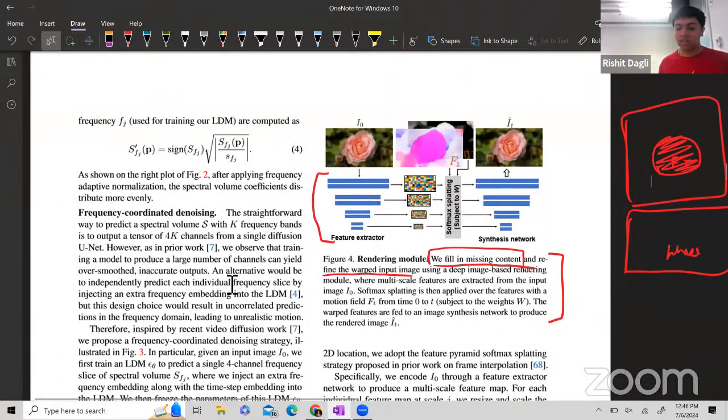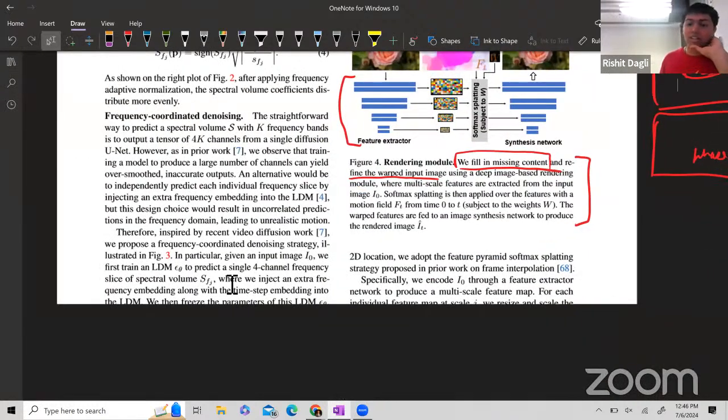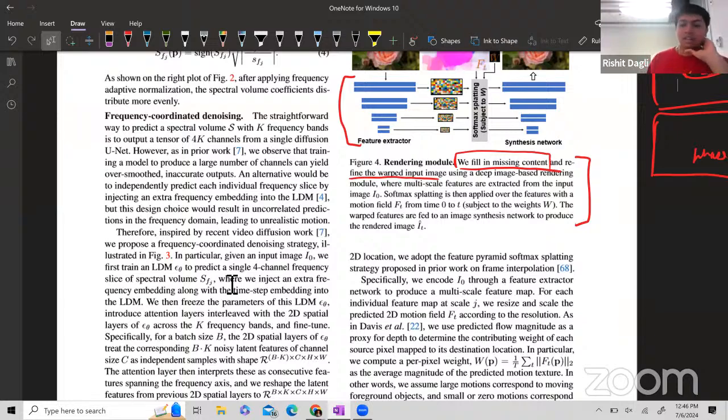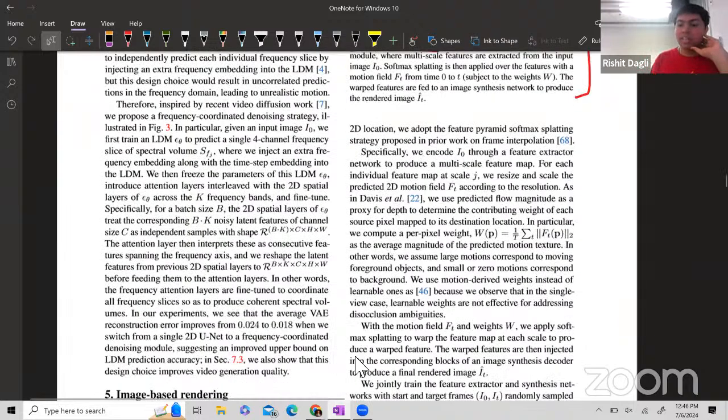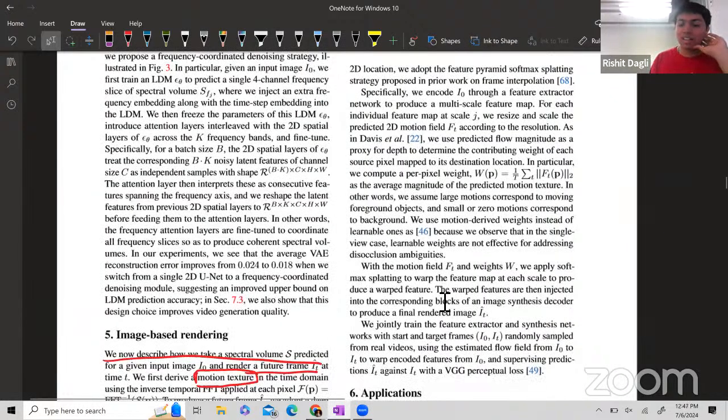So yeah, they do all of this rendering, and they have formalized it over here. But I think most of this is pretty standard stuff. It's nothing novel, and people have done this for a while. So I guess we can skip past all of this formalization.